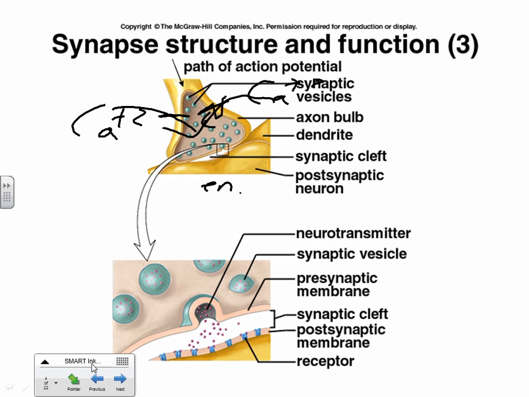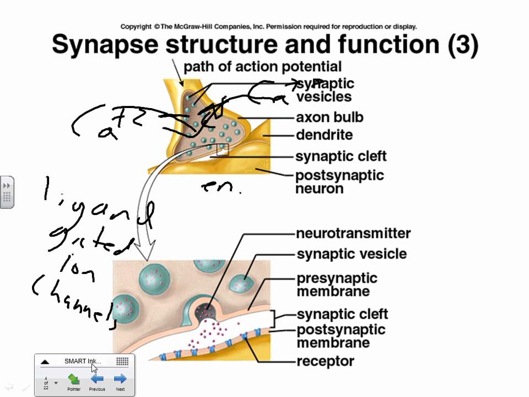And those calcium ions rush into the nerve and essentially push out what? What's in those little vesicles? The neurotransmitters. They cause those to get pushed out. And the neurotransmitters flood into the synapse and diffuse across it and bind to what over here? Receptors. And those receptors, in a nerve, are called ligand-gated ion channels.